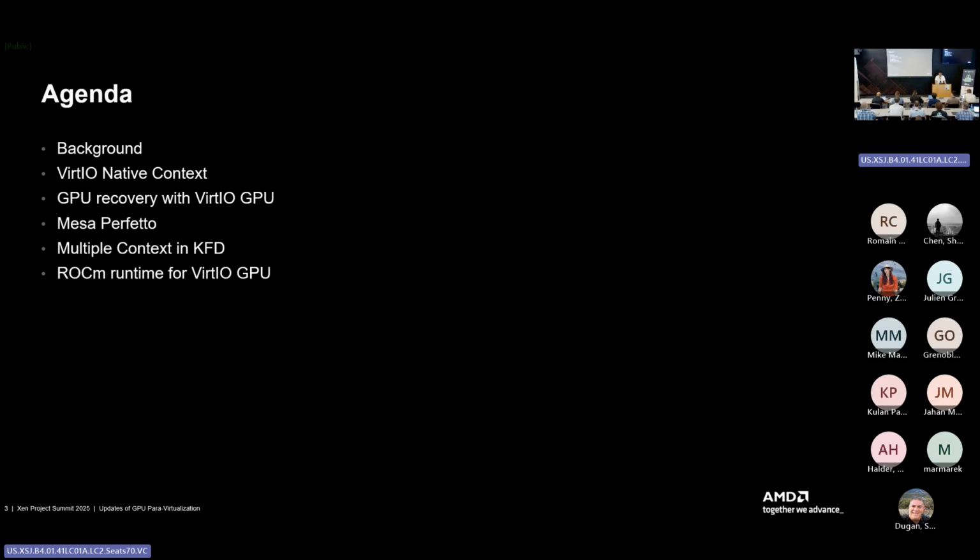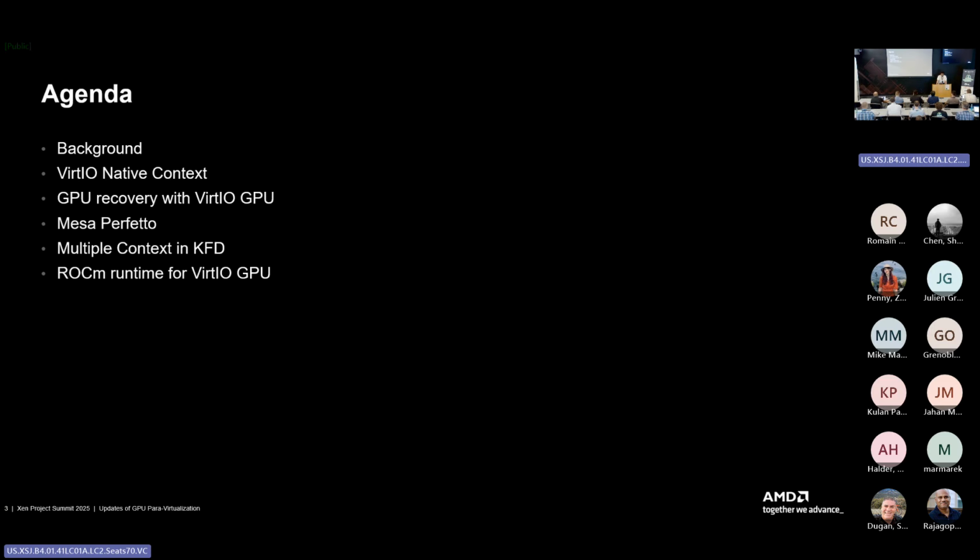After that, we introduce the new GPU recovery with virtual GPU in domain U, and the Mesa Perfetto tool for debugging and tracing in the second part, which can help developers understand the data flow at runtime. The last two topics are mainly about ROCm and compute support.